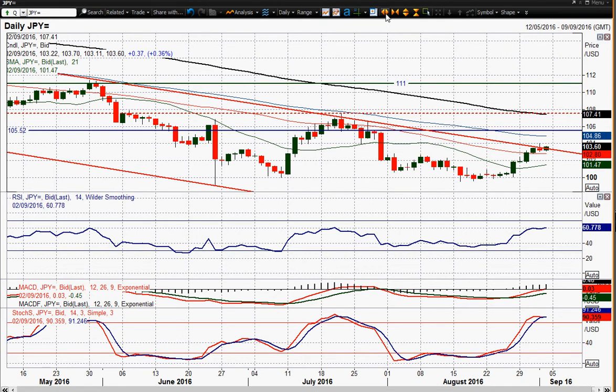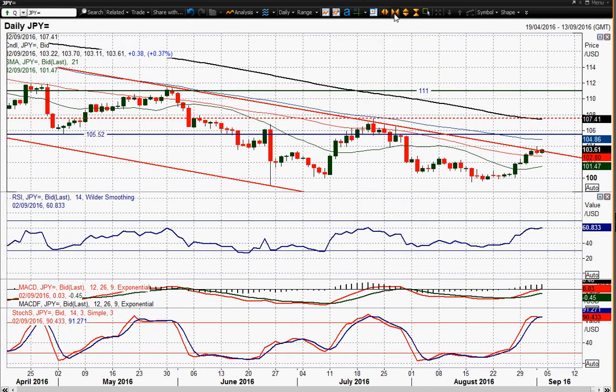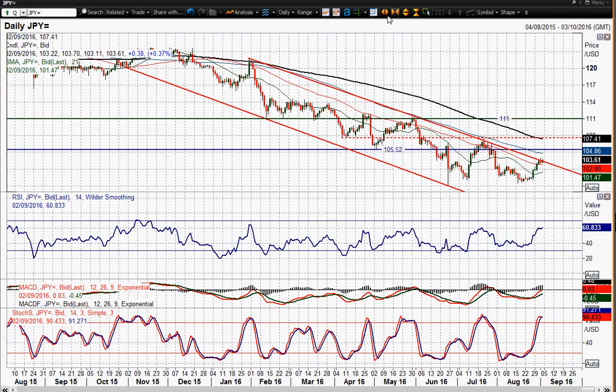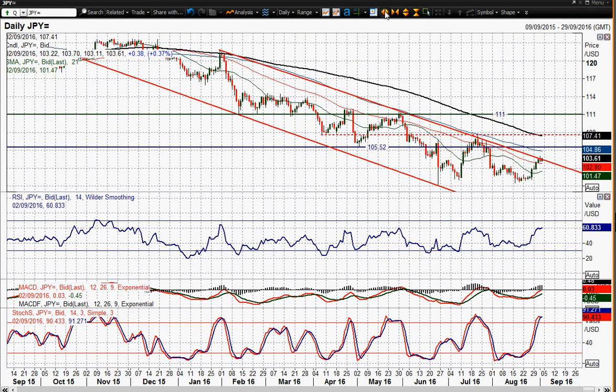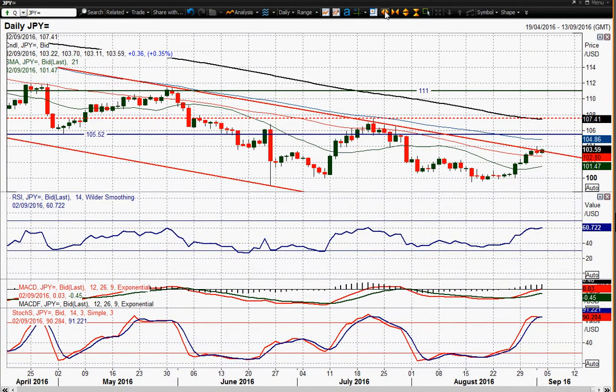The outlook for dollar yen ahead of this payrolls report is sort of challenging this big long-term downtrend channel that we've been in since the beginning of the year, basically. The last few moves to this downtrend channel have all hit 60 on the RSI and backed away. Now we are currently at 60 or just above 60. May, July, and now September.